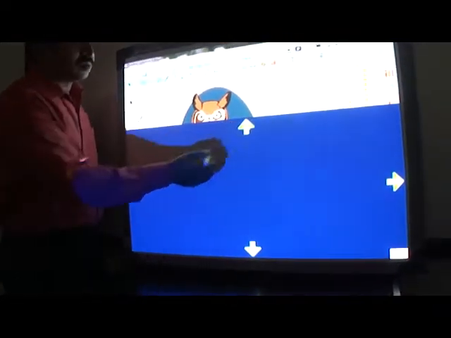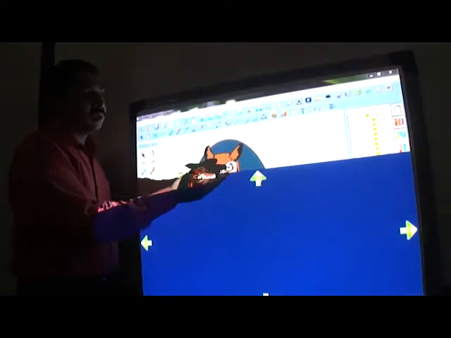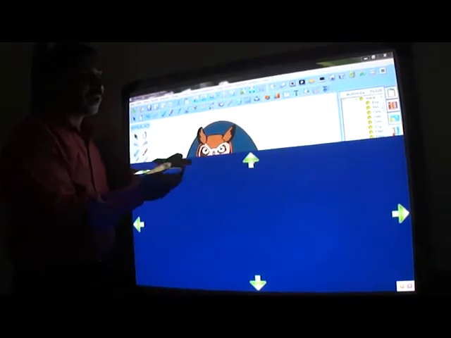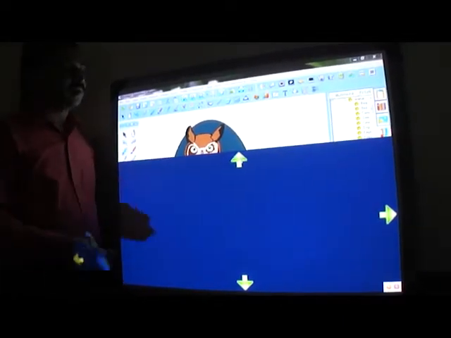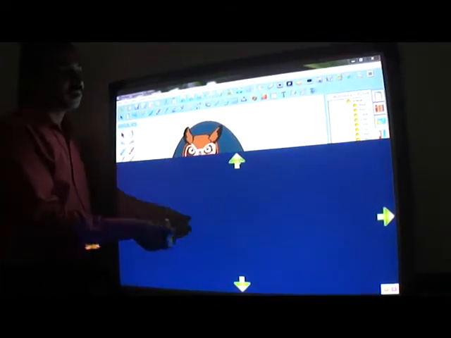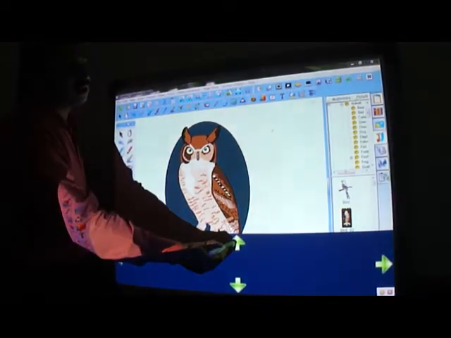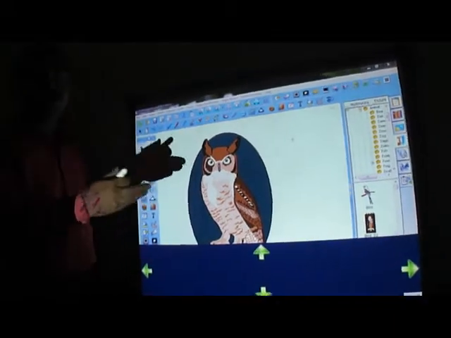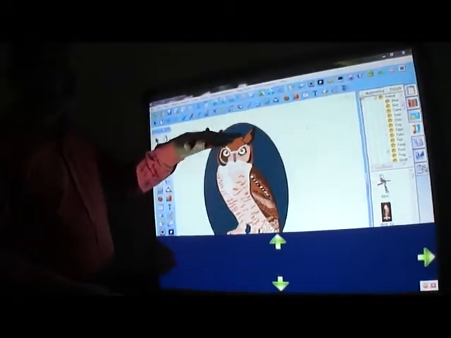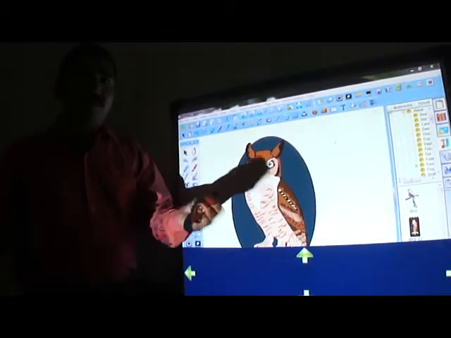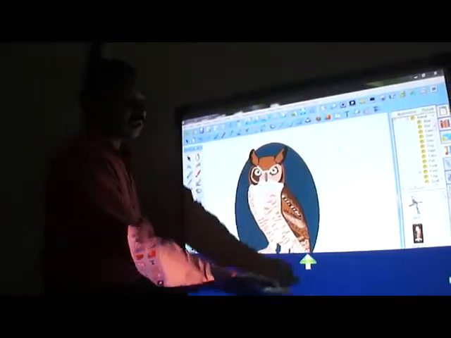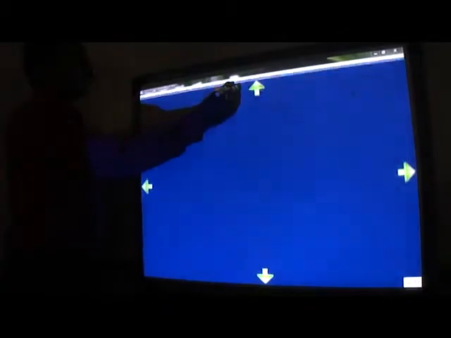You can see that you just highlight a particular portion and you hide the rest of it, and then you can ask what is this, what type of animal is this. You can have multiple answers, and afterwards you can reveal the whole image. The same goes with the questions and answers also. You can just reveal the question and the answer remains hidden. Once you get the answer from every student, you can just reveal the whole answer. Now these types of tools are very effective to increase the concentration level of the student.